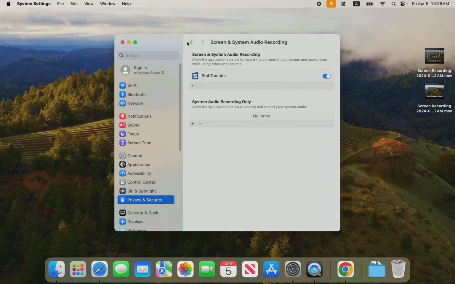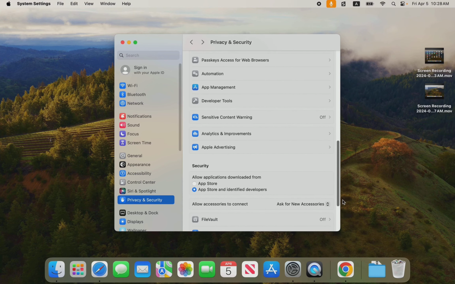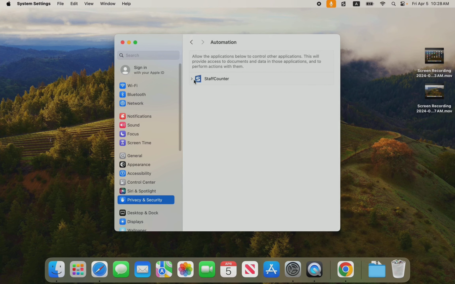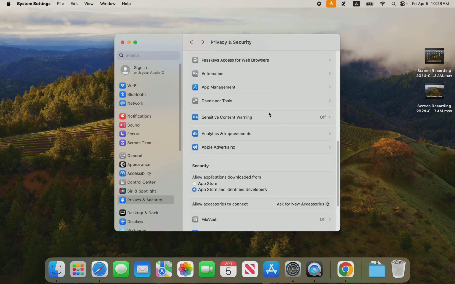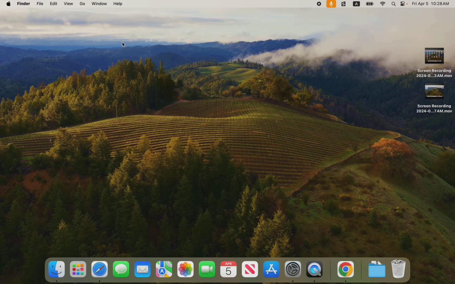Screen access is needed to take screenshots. And in the automation group, there is access to Safari and Google Chrome programs. That's all. No other permissions we needed for this version of StuffCounter.